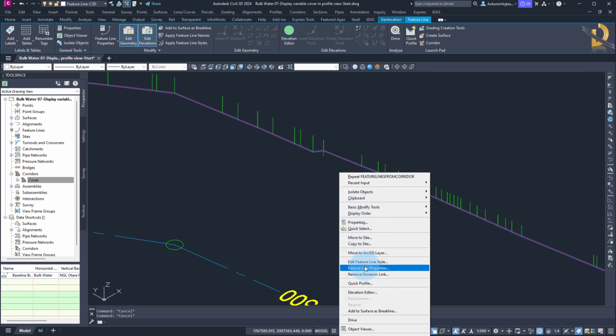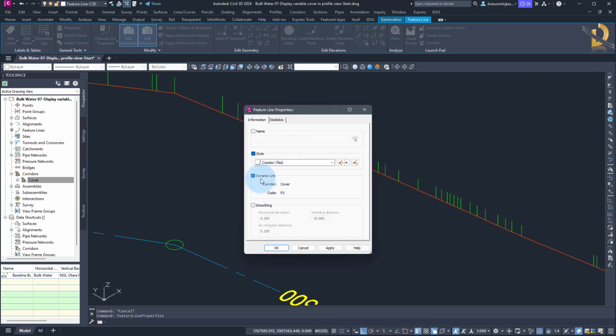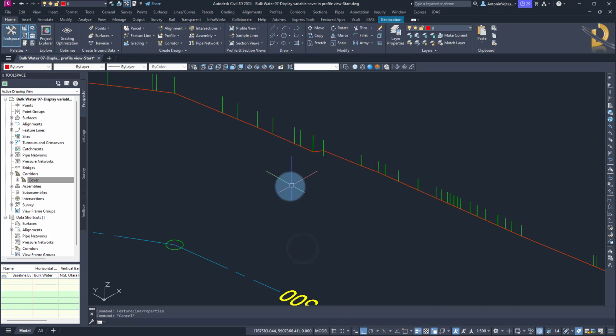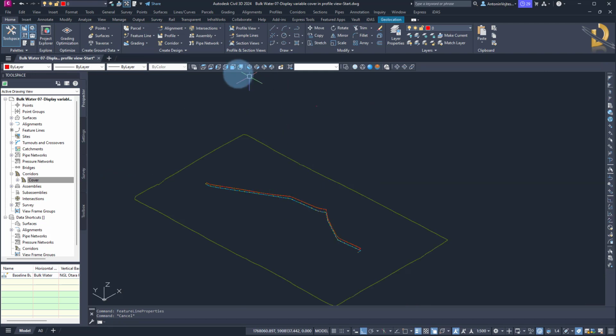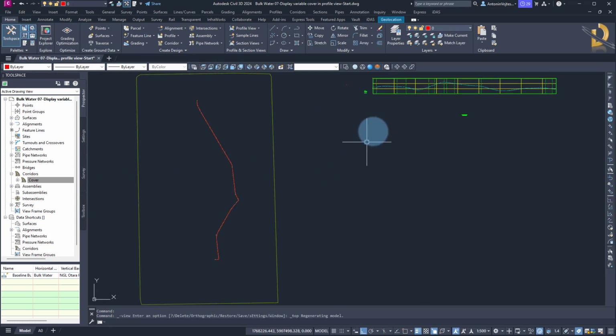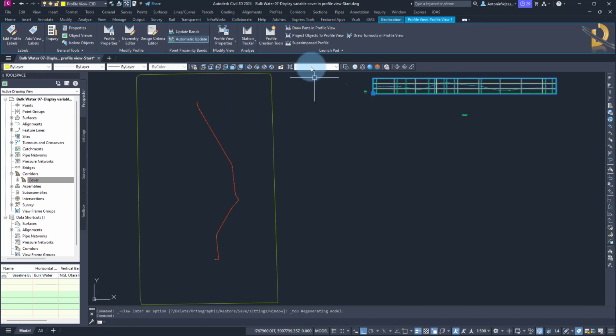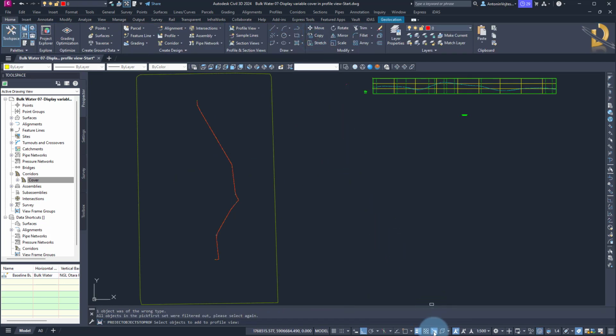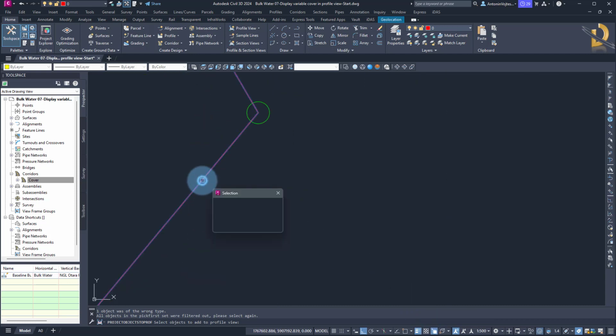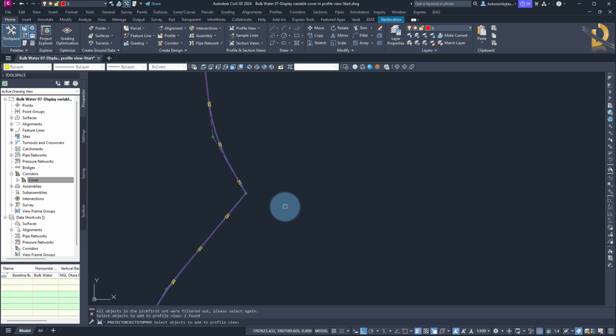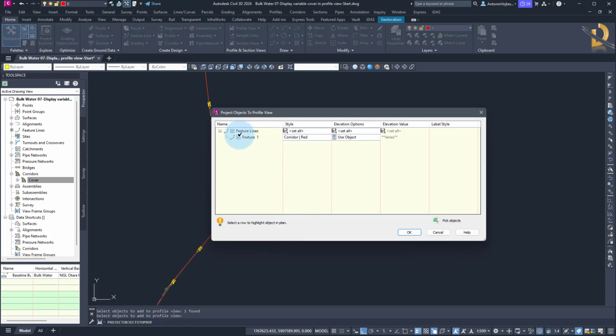If I go to feature line properties, there is an option to see that there's a dynamic link. That's exactly what I want. And now I want to project it to profile view. So I go to top view, I select profile view, and then I go to project objects to profile view, and I will use selection cycling. Then I select the corridor feature line, auto corridor feature line, and then I hit enter,